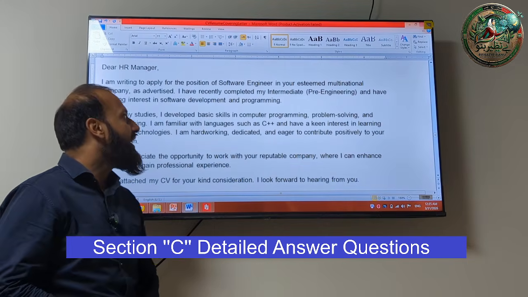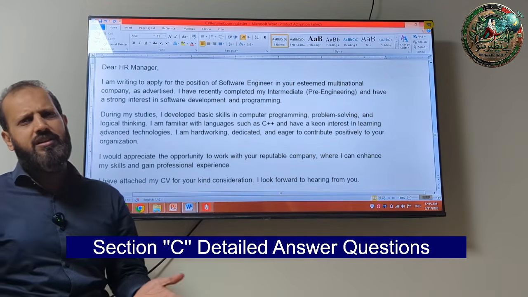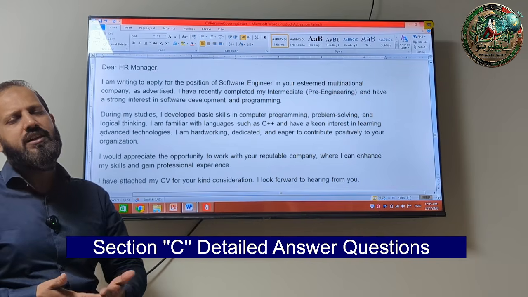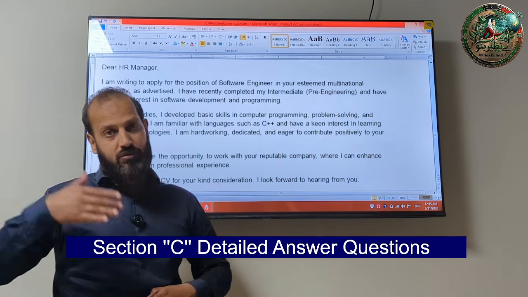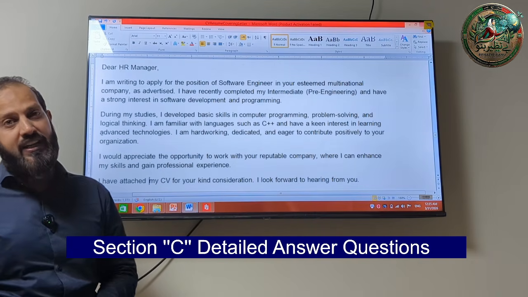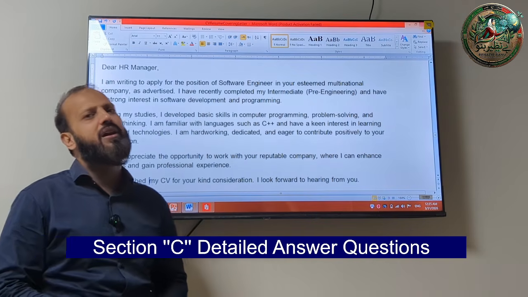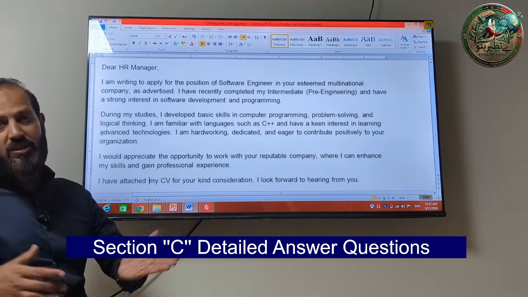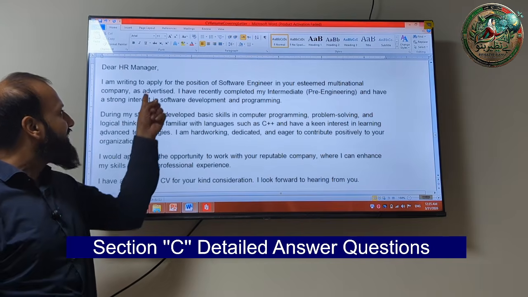मुझे सॉफ्टवेयर डेवलपमेंट और प्रोग्रामिंग में आना है और आपकी कंपनी को ज्वाइन करने के लिए मैं इंटरेस्टेड हूं। आजकल जैसे एआई का जमाना है और आजकल यंग स्टूडेंट्स जो है मैट्रिक और इंटर करके वो पहले से ही एआई और ग्राफिक डिजाइनिंग के कोर्स, वेब डिजाइनिंग के कोर्स सीखे हुए होते हैं, एप्लीकेशंस पे काम कर रहे हैं, यूआई पे काम कर रहे हैं। तो ये सारी वो बच्चे इंटरमीडिएट में भी किसी भी सॉफ्टवेयर हाउस को ज्वाइन कर लेते हैं।